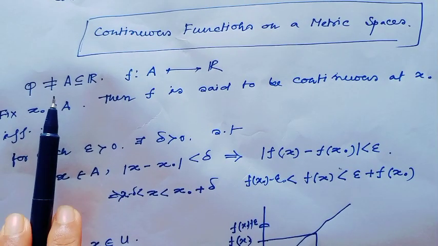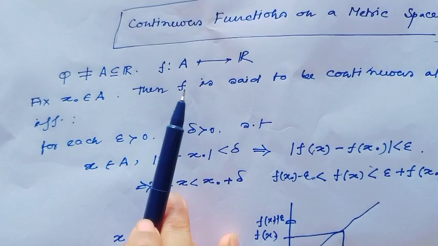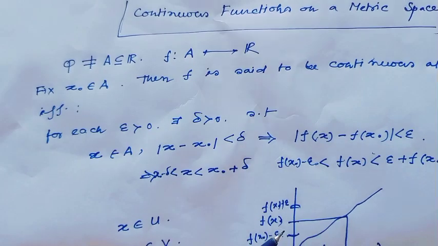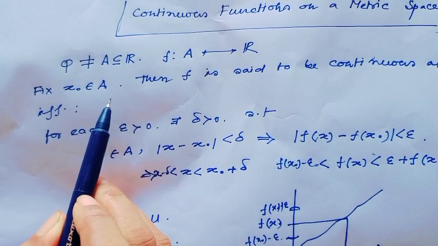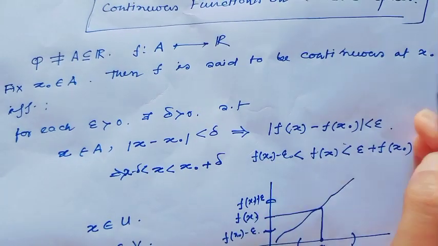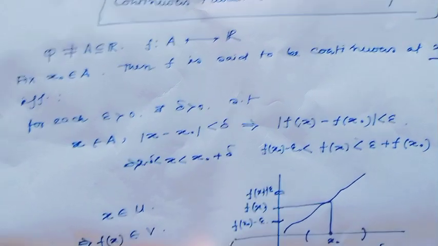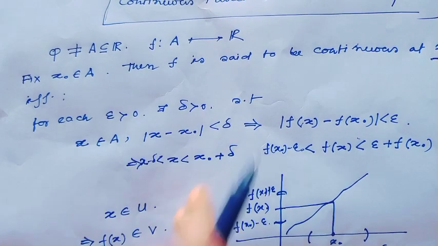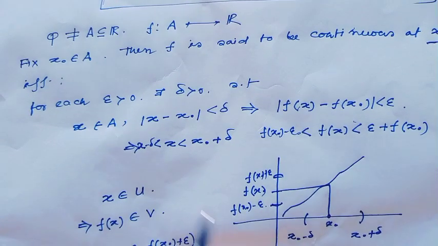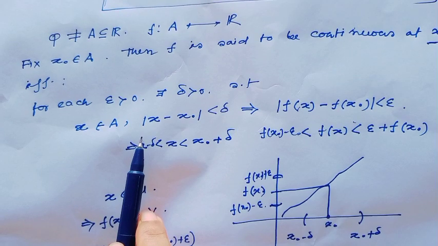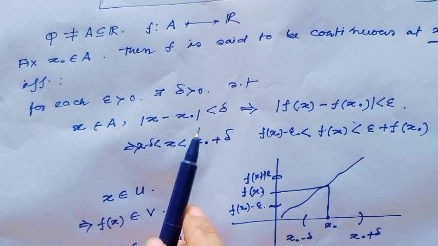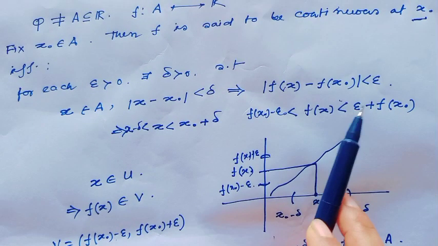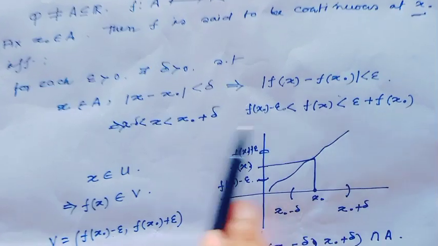For this, consider a non-empty set A which is a subset of R, and consider a function defined from A to R, and fix a point x0 which belongs to A. Then f is continuous at the point x0 if for each epsilon greater than 0 there exists delta greater than 0 such that x belongs to A, absolute value of x minus x0 less than delta implies absolute value of f(x) minus f(x0) less than epsilon,